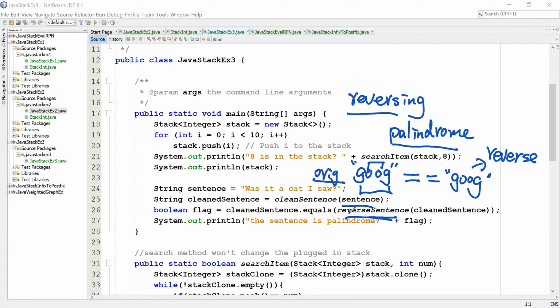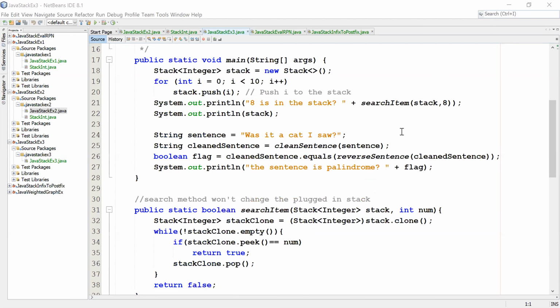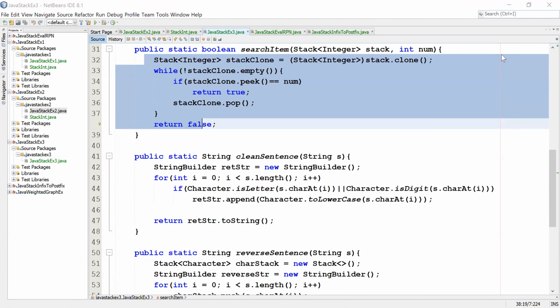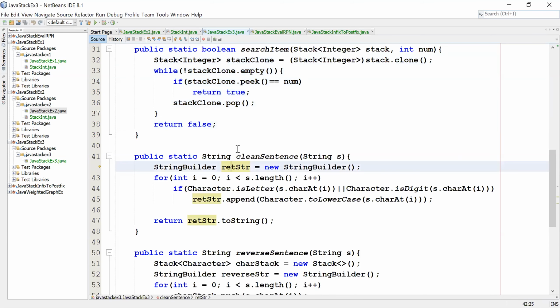So our next function is we try to reverse a sentence, then we can check if the sentence is a palindrome. Let's see how we do that. Search an item, we already know. And here we have a utility function. We call it clean sentence. You plug in a string, so suppose you have a sentence,